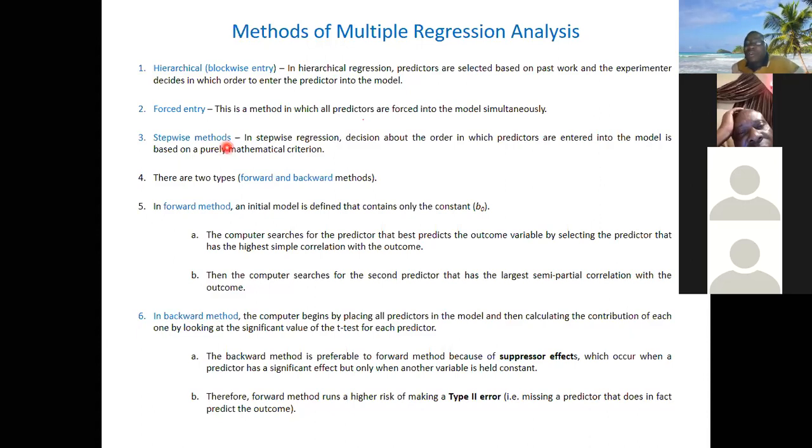So in forward step, you begin to load in the most important one based on your R square. Then you load in the next one to see what improvement it has made. Try another one also, because the fact that one variable has a higher R square than another doesn't mean it is more important than the other. When you load in the first most important one and put in the next, it may not increase the R square. Don't worry, let's not talk much here. When we run it, we will see, because I'm going to demonstrate with somebody's